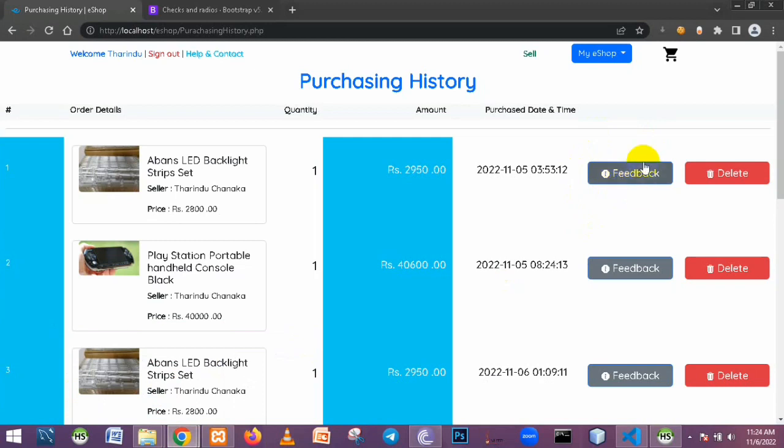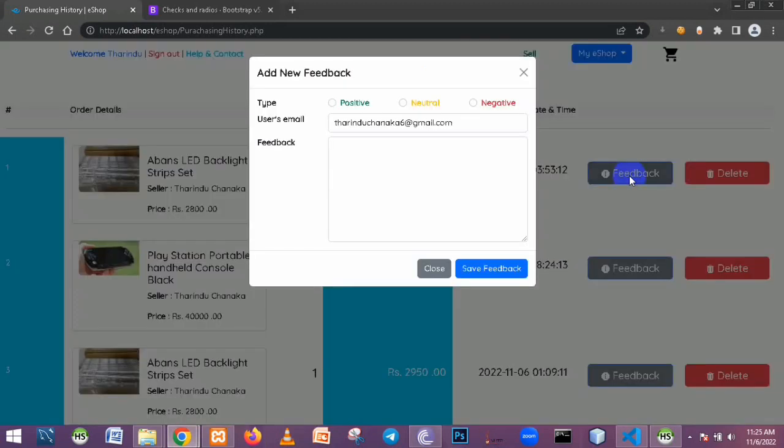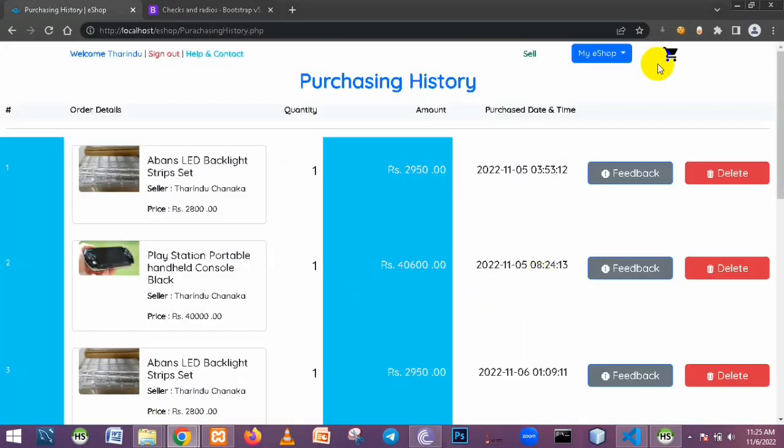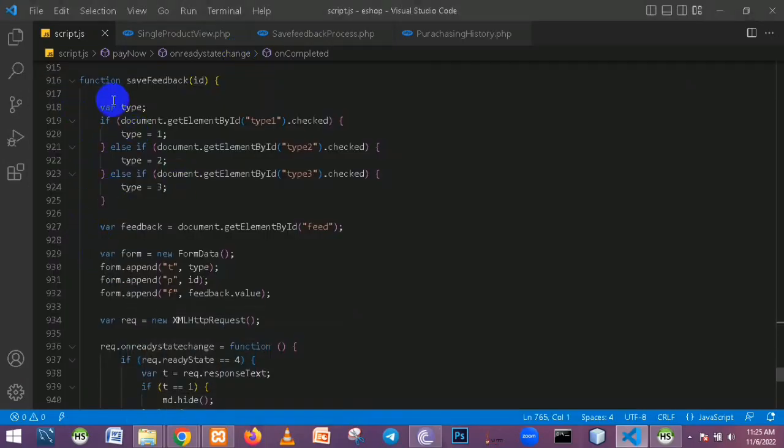We program this feedback button using the add feedback command. So when we click on that, it shows our modal, and we post some feedback and save feedback. When we click on that, it hides our modal. So I need to program that. I need to give these three types of inputs: positive for value one, neutral for value two, negative for value three. So I need to check those three inputs using their IDs,